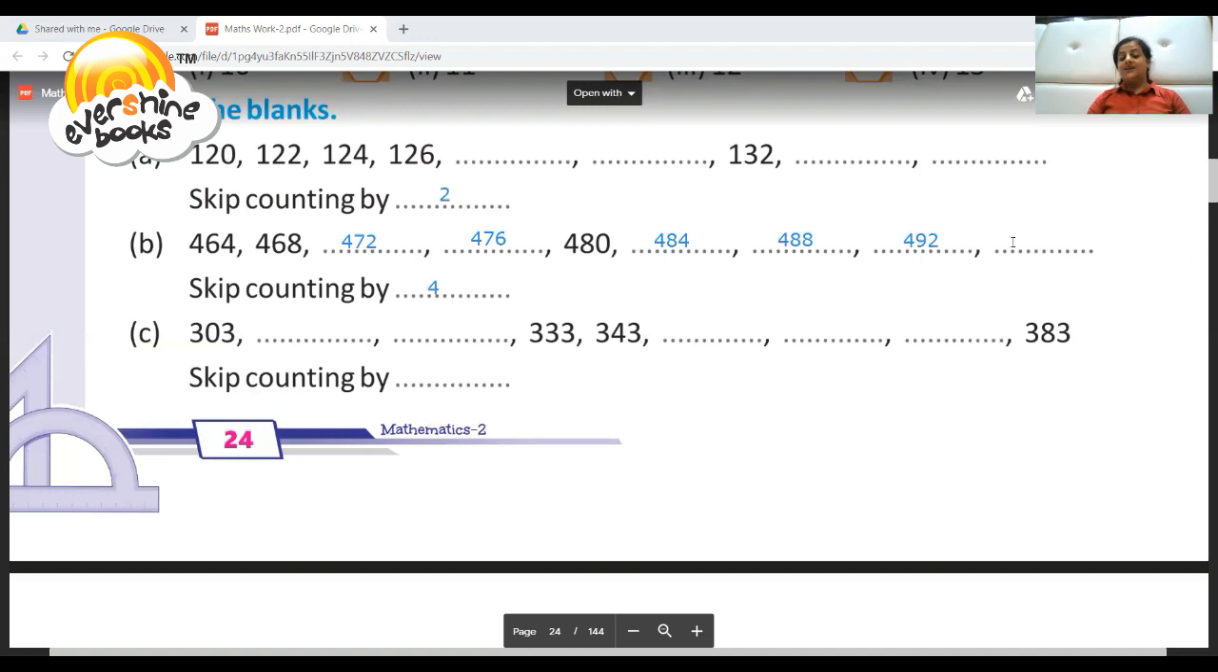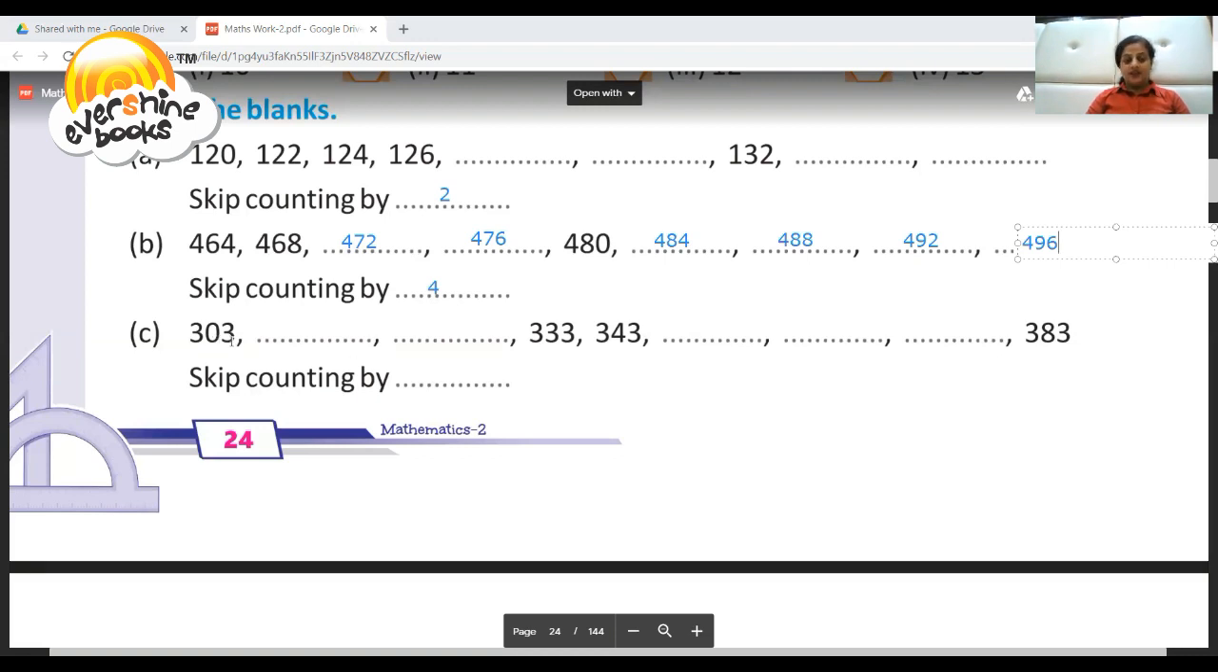Next is leave 493, 494, 495, and we got our answer 496. Yes, we got our answer here. This is the counting by 4. Next is